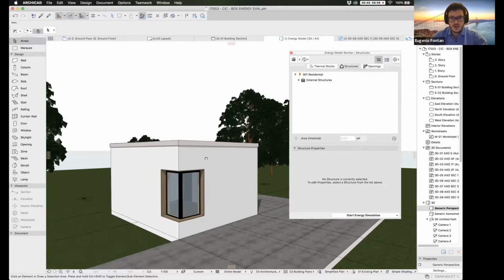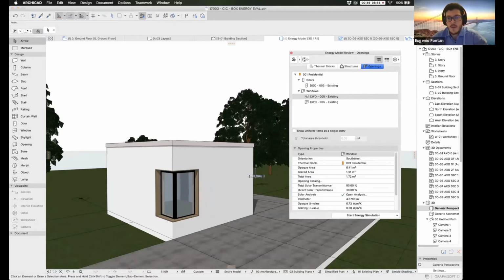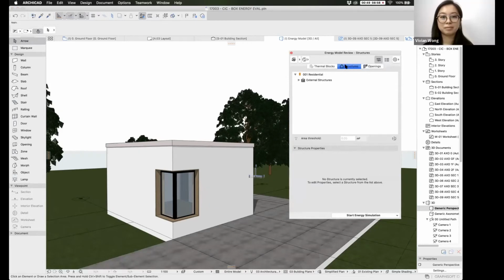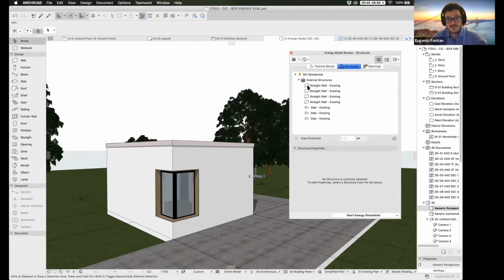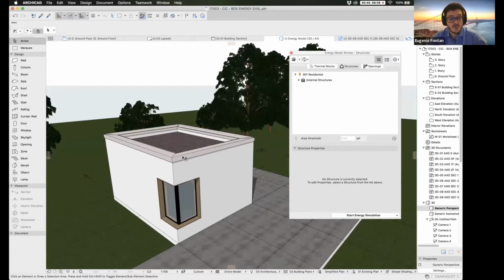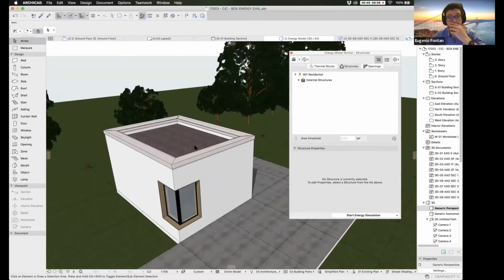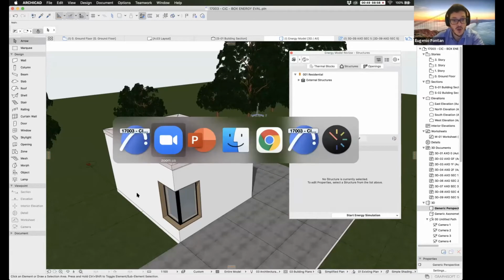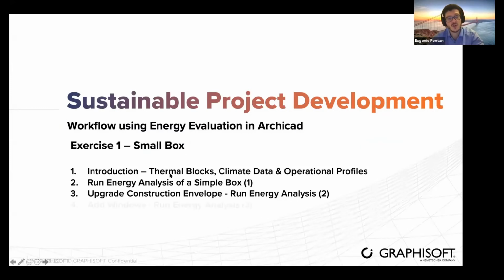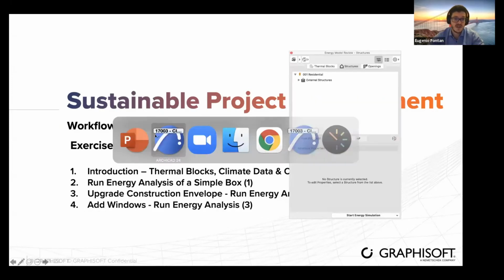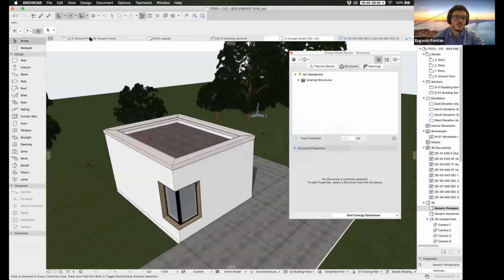Sure, yeah. Okay, so I showed that the different elements of the project have improved. And now, as I have here in this small presentation, we upgrade the construction envelope. What I'm going to do is add a couple of windows, and we're going to do another energy analysis. In order to add the windows, I'm going to go into this tab